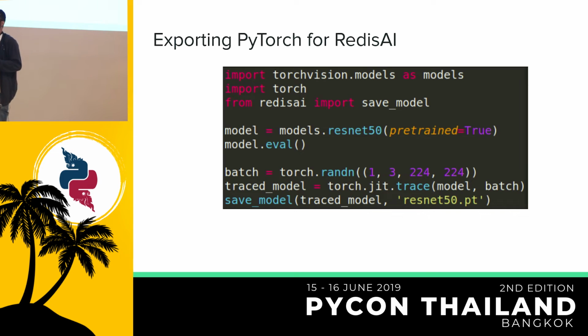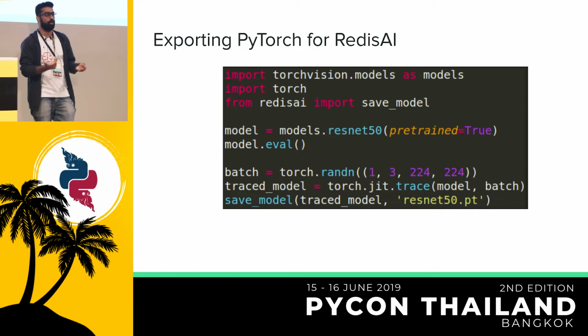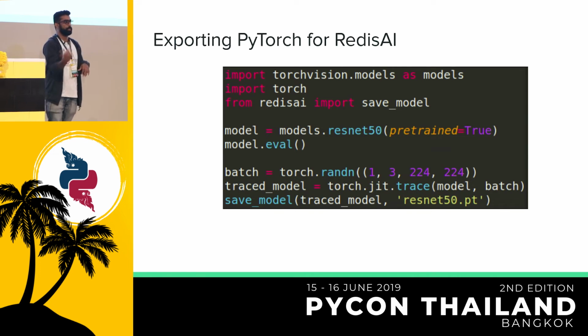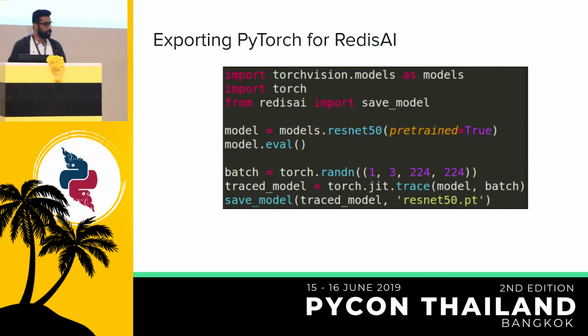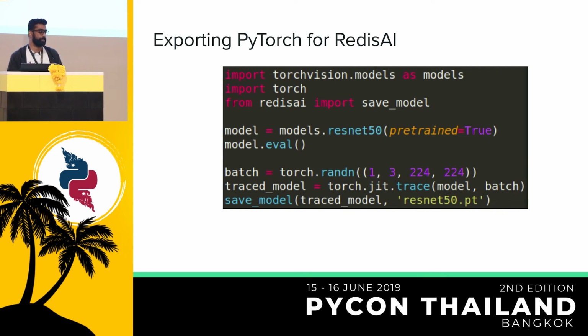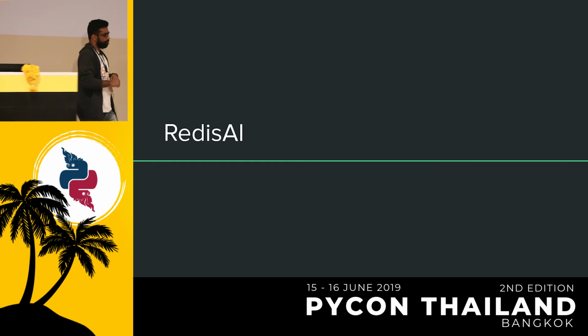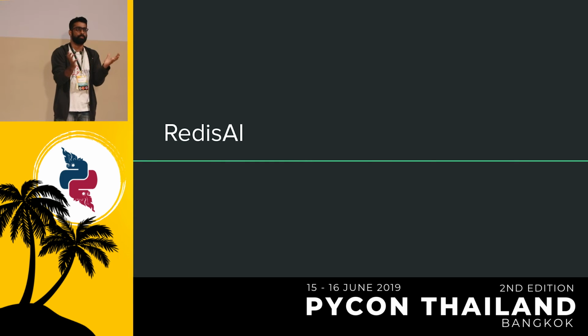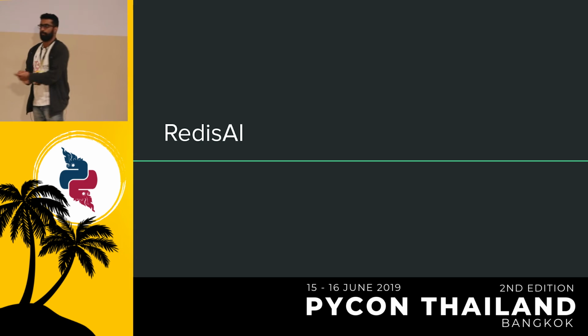Save model function can accept PyTorch models, TensorFlow models, ONNX models, even scikit-learn models, because you can convert scikit-learn to ONNX format and then pass it to save model. Actually, save model converts your scikit-learn model to ONNX format. You can just give the scikit-learn model to the save model function, right? So that's done. Now we're going to talk about the last part of the workflow, which is deploying it